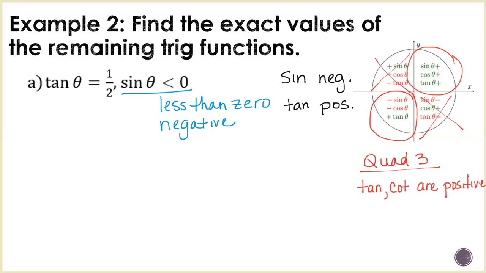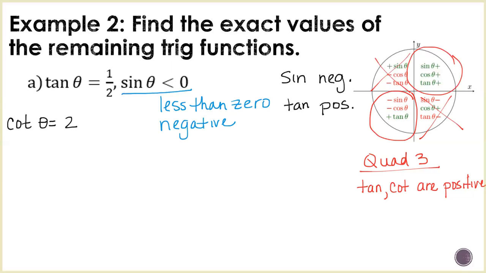Okay, so they told us tangent, and let's find the other 5. Because yesterday they gave us 2, we had to find 4. Today they only told us 1, we have to find 5. The easiest to find is cotangent, so let's go ahead and get that done. The cotangent of theta is going to be the reciprocal of 1/2, which is 2. That's the only thing we can find without doing the Pythagorean theorem,